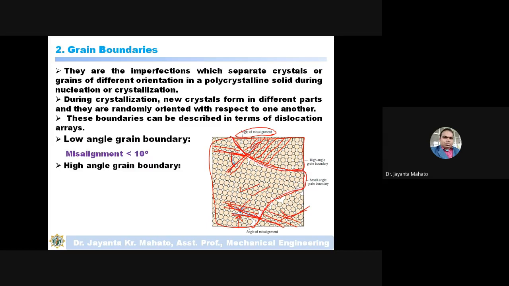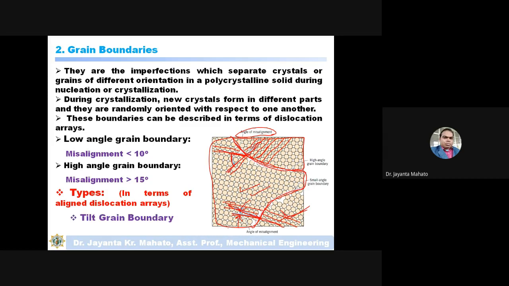And when the misorientation angle is more than 15 degrees, then it is called a high angle grain boundary. Okay, so apart from the degree of misorientation angle, the grain boundaries are also divided in terms of alignment of dislocation arrays,